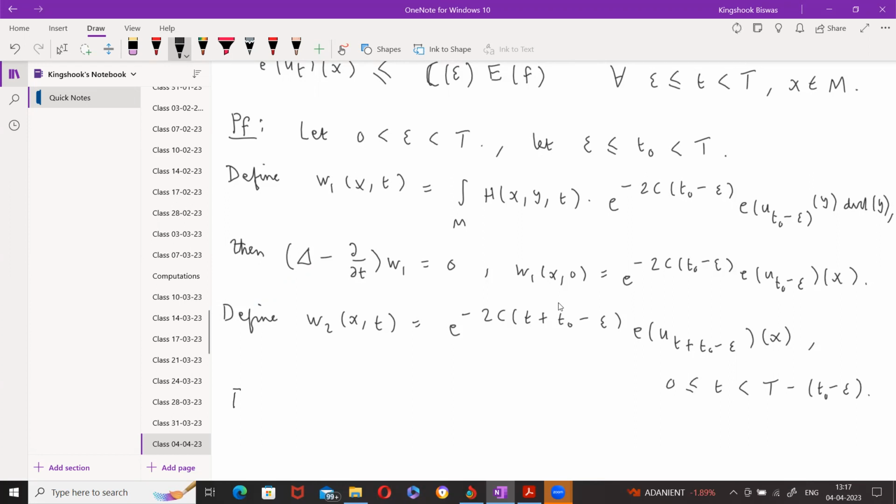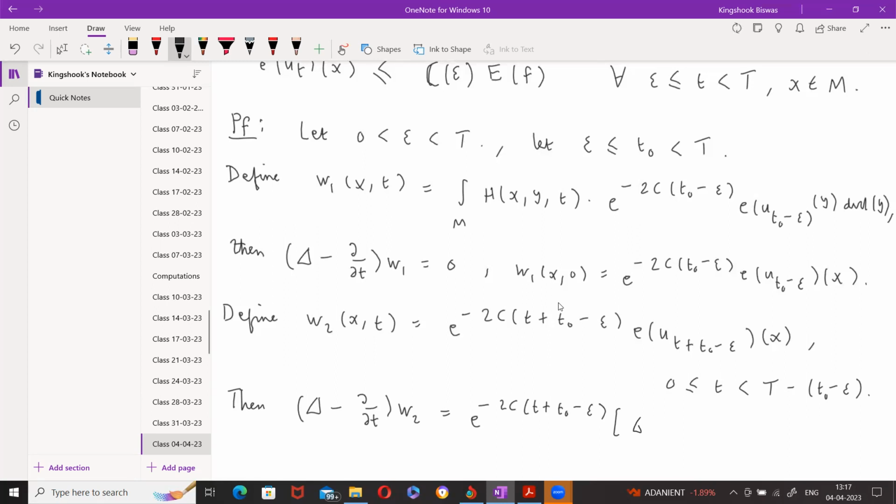So then, if I look at delta minus del t of w2, again I have an exponential in t times this function. So that exponential I can take common, it'll stay outside. And then inside what I will get